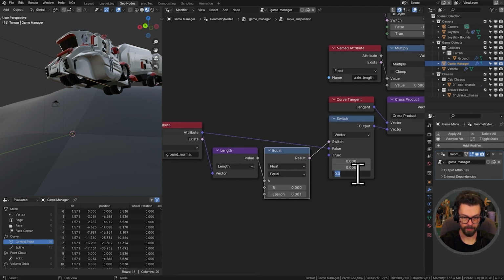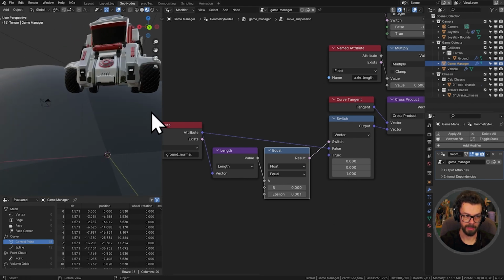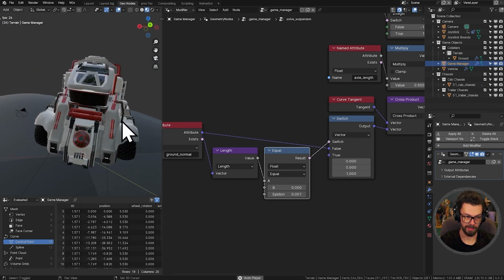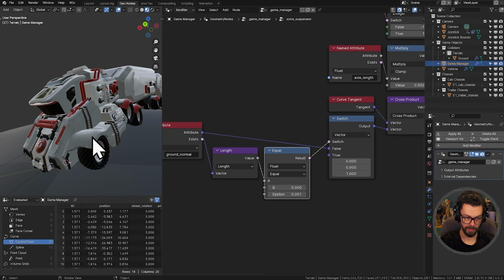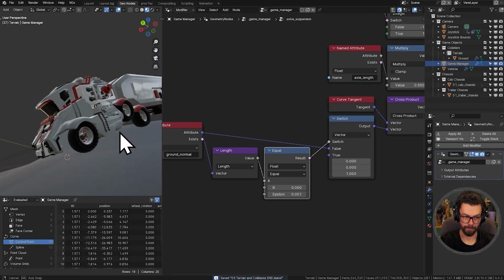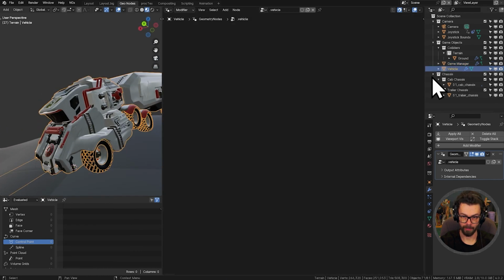So if it is equal to 0, we will set it to 0, 0, 1. So it's just an up-down vector. And there we go. Great. That's working nicely. The last thing that we're going to need to do here, go back to our vehicle one more time,